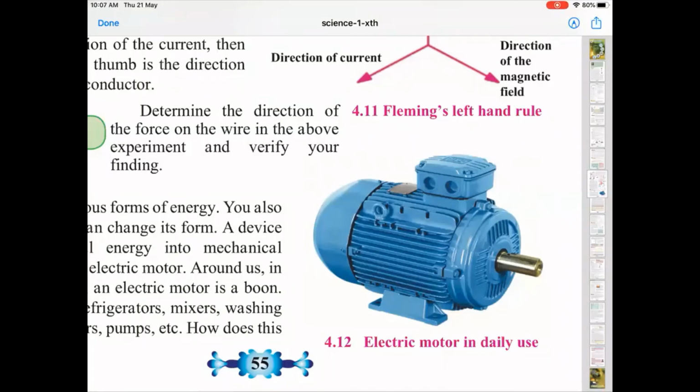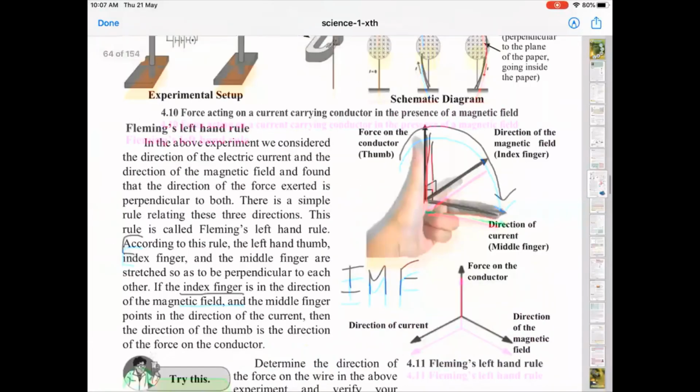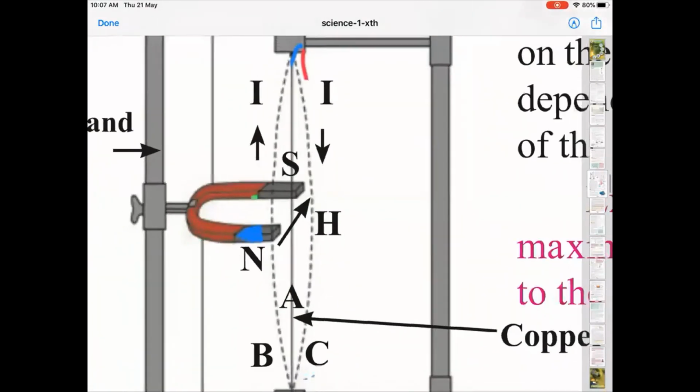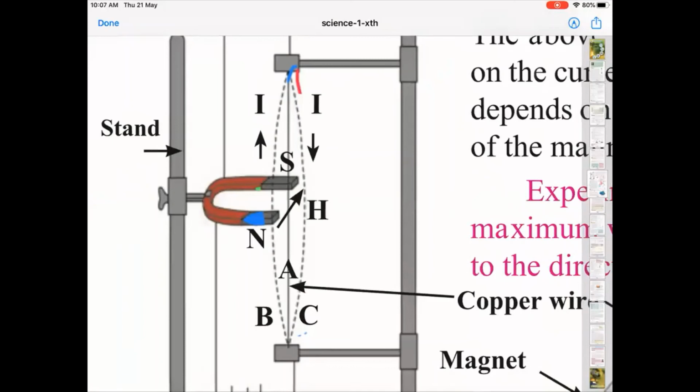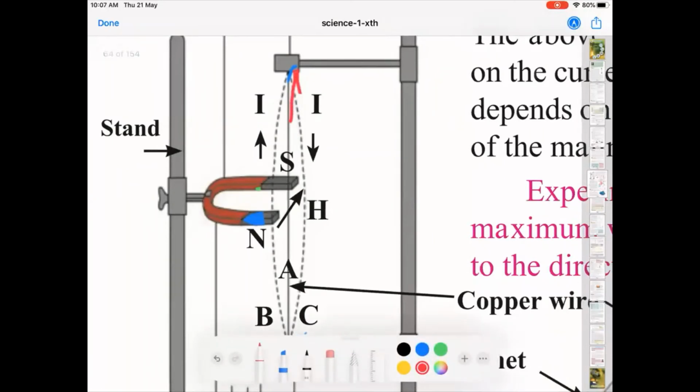Why the coil is rotating is because when you pass current through the coil, a force acts on the coil. So the basic principle comes from this experiment. Here in this experiment, there was this single wire, which I am again showing by red. This wire was placed in a magnetic field and we passed current through this wire.